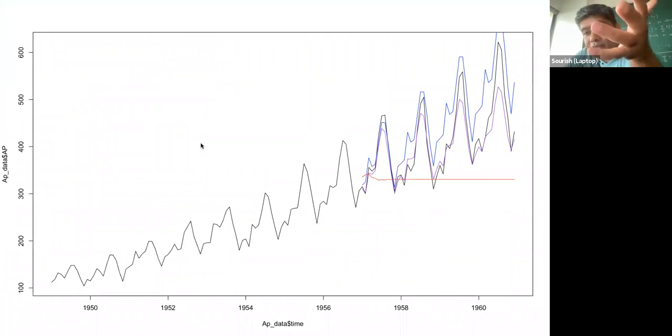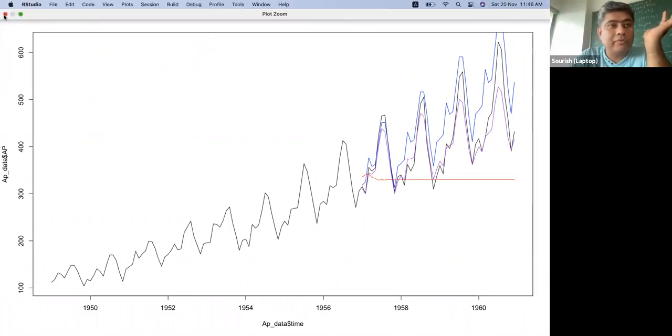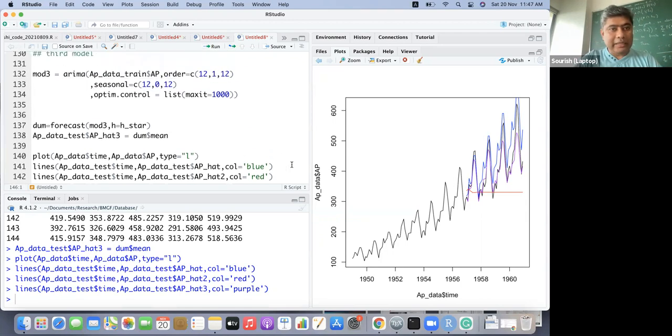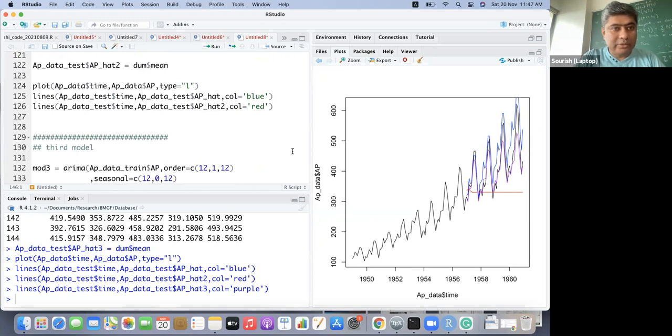Looks like ARIMA is doing far superior to the base model that we developed. Correct? ARIMA 12, 12. Why 12? Because of the seasonality, the 12th lag that we have seen in our PACF. So let us calculate the RMSE. Very good.